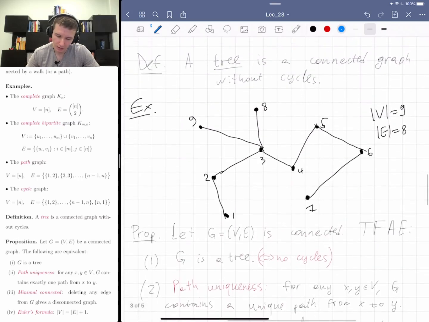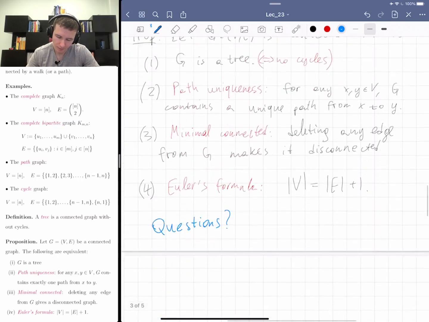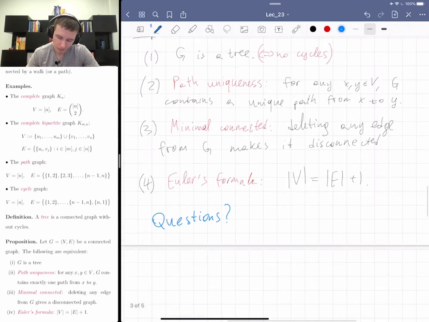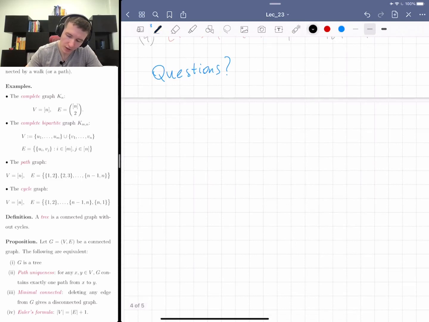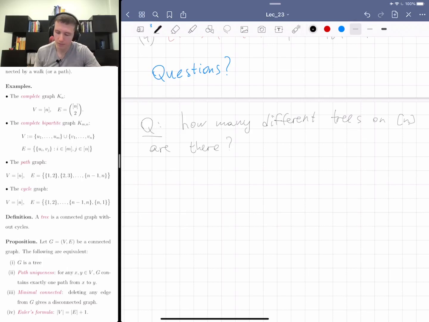So in the next lecture, I'm going to try to count different trees. The question I'm going to ask is, how many different trees on [n] are there? And I have to explain what the notion of different is. I'm going to do it rigorously later, but